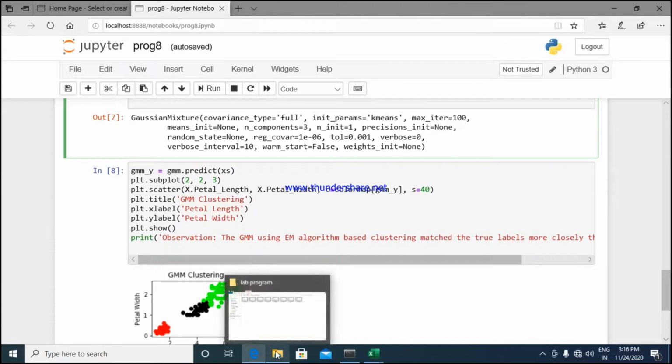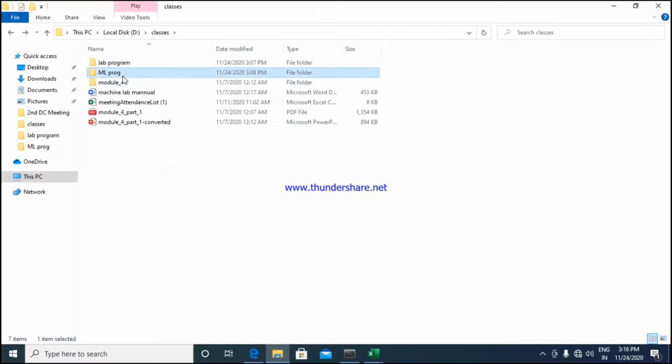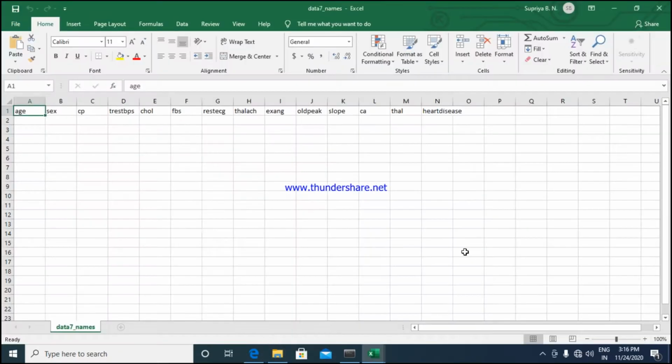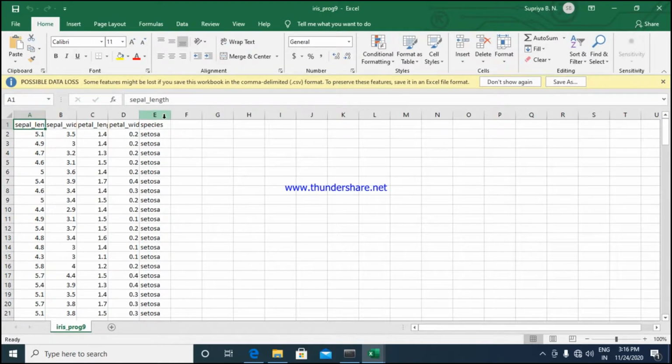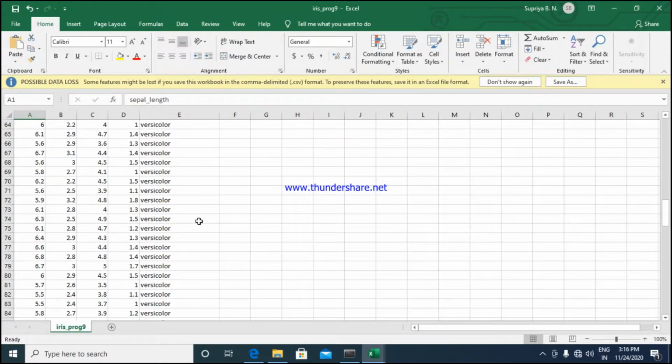I just want to show you the data here, one sec. If you can see the data here, this is your program, the Iris data. You can see here you have the labeling: Setosa, in the same way Versicolor, in the same way Virginica.